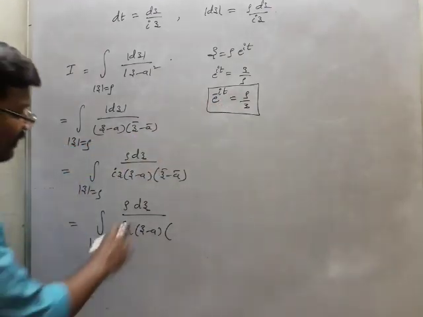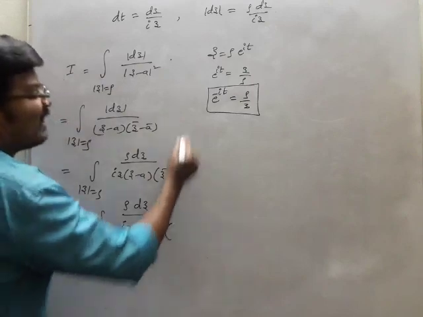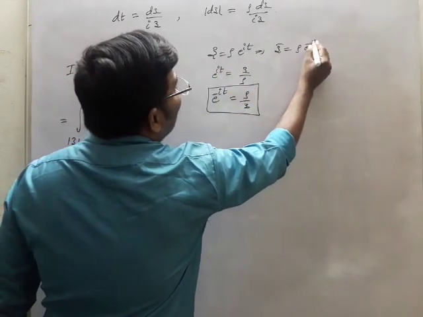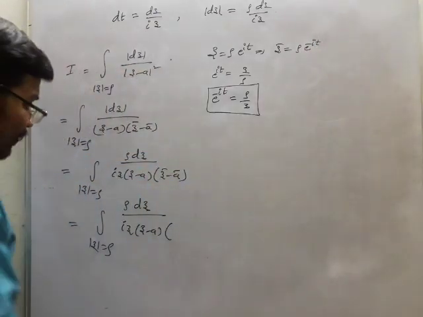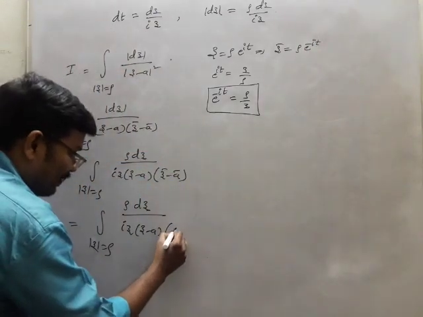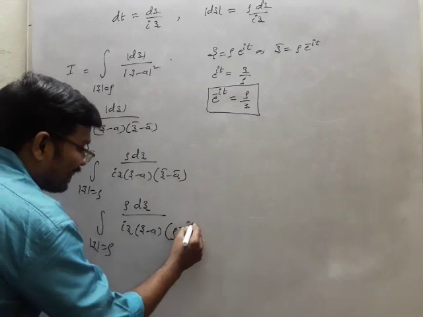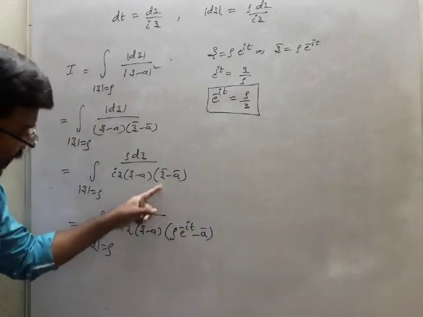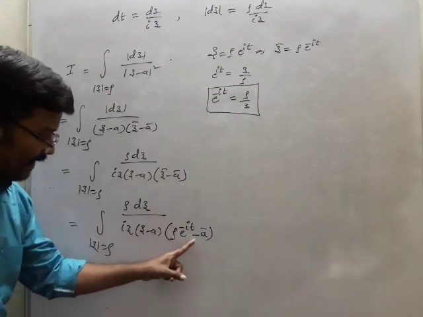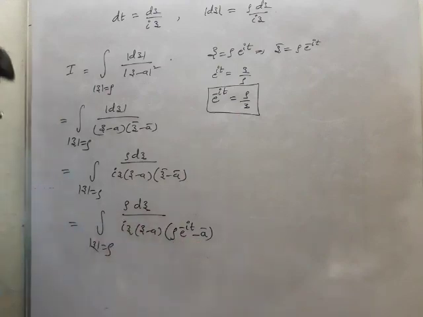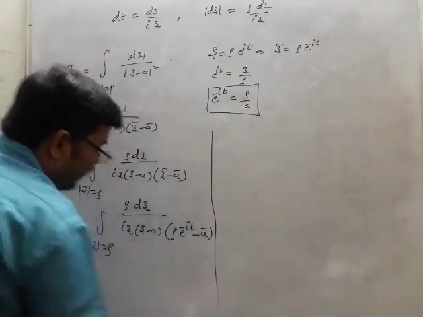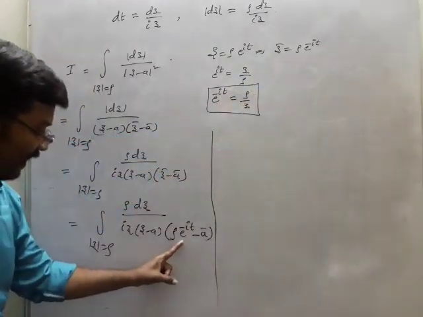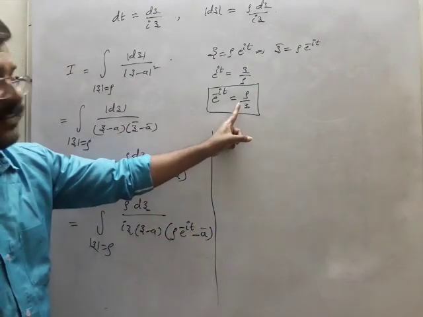Okay. Now z bar is what? Z bar I may write this from here. Z bar is equal to rho e power minus it. Okay. So what is that now here? Here this is rho e power minus it minus a bar. So z bar I have written as rho e power minus it minus a bar. Okay. So therefore, I think you understood. Z bar we have written from here. Now e power minus it value we'll write from here.